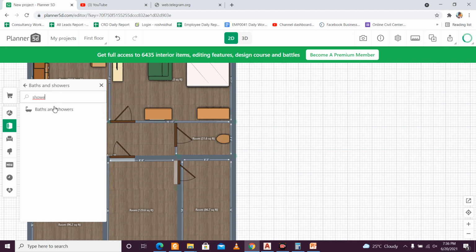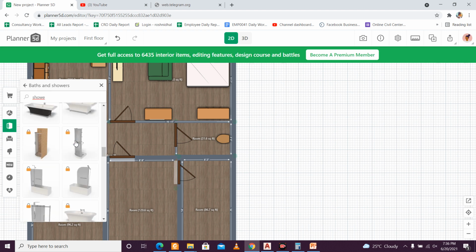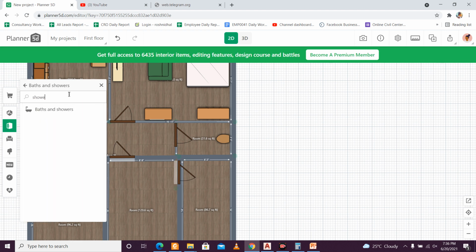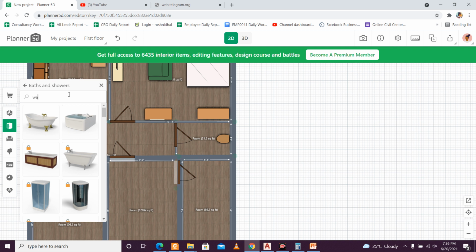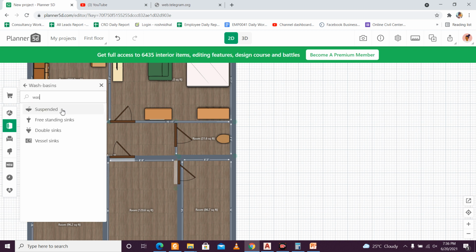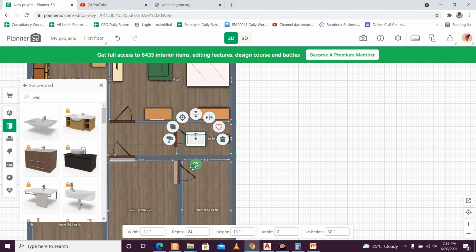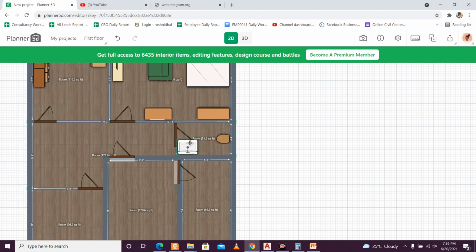I think we don't have any particular free option of showers, so we'll skip that. Let's look at wash basins. Do we have any wash basins? Yeah, I think I can put a wash basin here. I think rotate this like this and put a wash basin here.